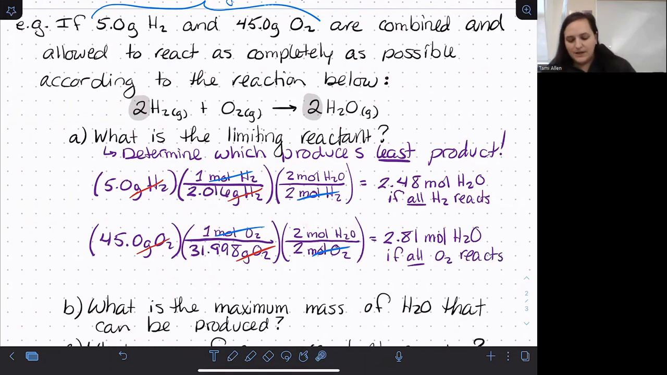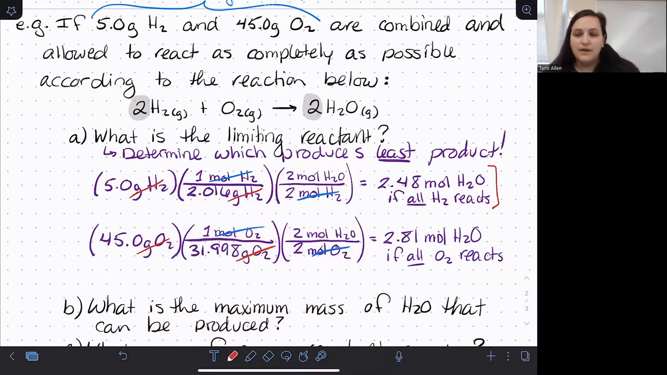So looking at this, we see we can produce about 2.5 moles of water with all of the H2 we have available to us. We could produce 2.81 moles of water with all of the O2 that we have available to us. So what this means